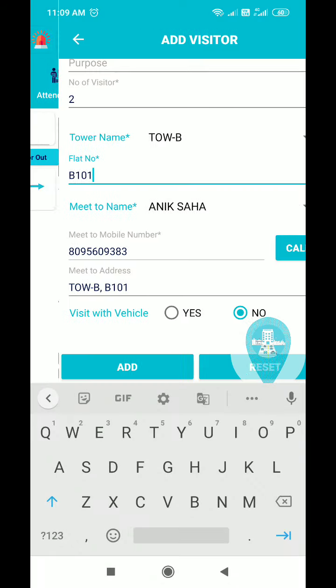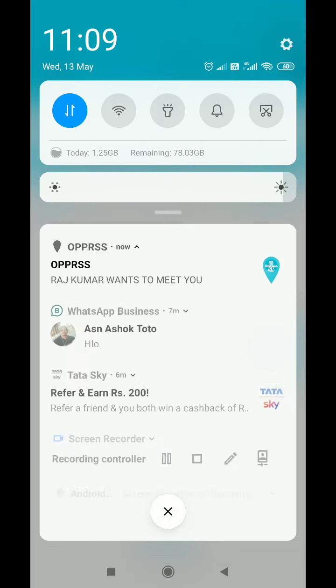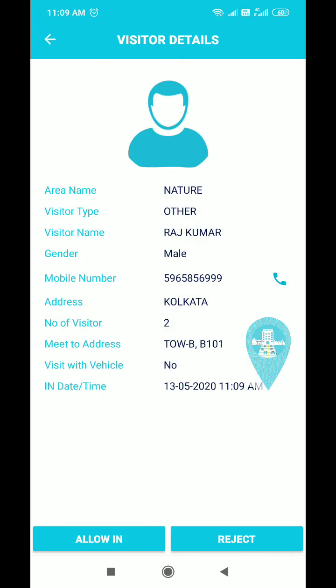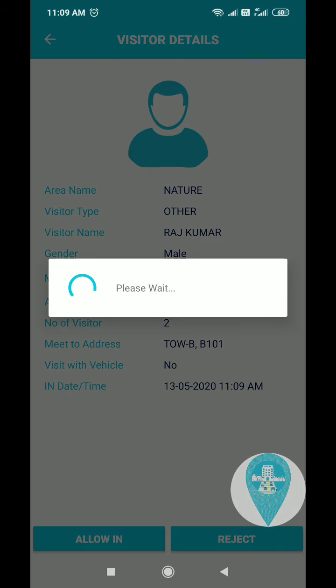Click on add. As we added, you receive the notification in your app. So one click on yes, it will be like that. You're going to allow here, yes, allowed.